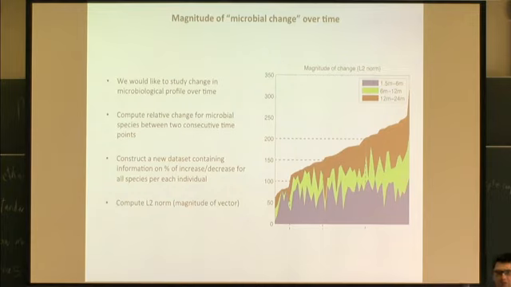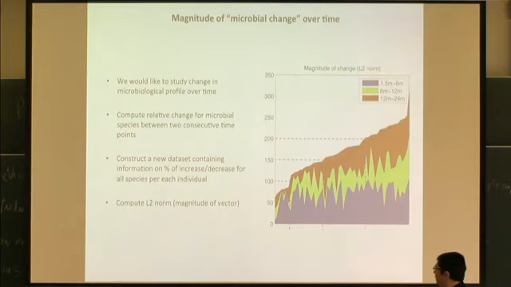So instead of having these 4 separate data sets, now we have 3 data sets, where every child is represented as a long vector of relative abundances, of percentages of relative abundances. So an increase, let's say 50%, in OTU Moraxella between time point 1 and 2, and a decrease in Strep, etc., etc. Once you do that, what you can further do is compute the L2 norm, which is just the length of that vector.